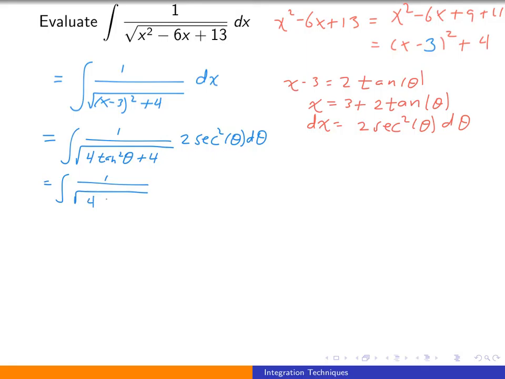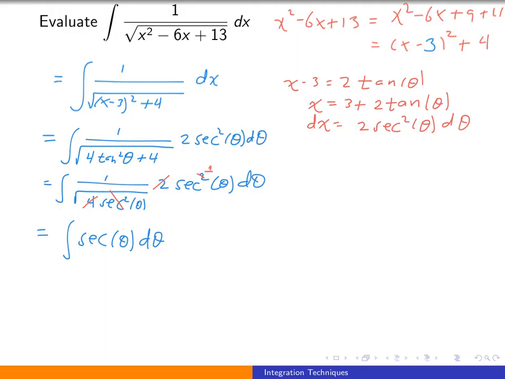So this would be 4 secant squared theta, all times 2 secant squared theta d theta. And now just doing a couple cancellations. The 4 in the square root is going to end up as a 2 and cancel off with the 2 that's in the numerator. The square root of secant squared is simply secant, so that's going to cancel off one of the secants in the numerator, and the new power there is going to be 1. So we're left with simply the antiderivative